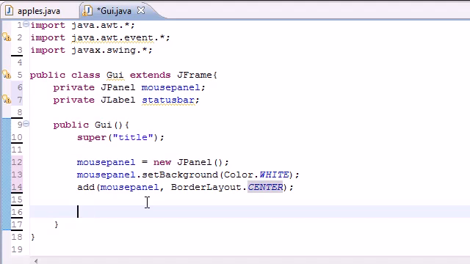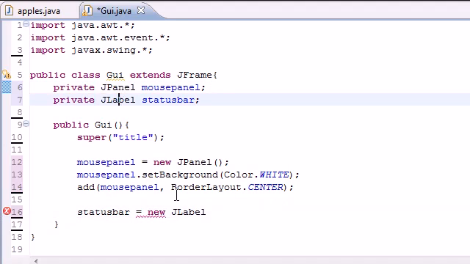Not very exciting. So let's go ahead and add that status bar we talked about right here. Type in status bar, and we will set this equal to new JLabel. Remember, don't get this confused, JPanel, JLabel. Your status bar is the JLabel. And just set it to